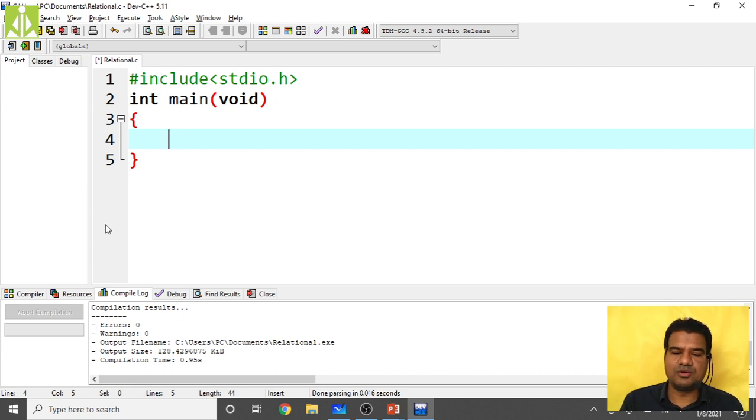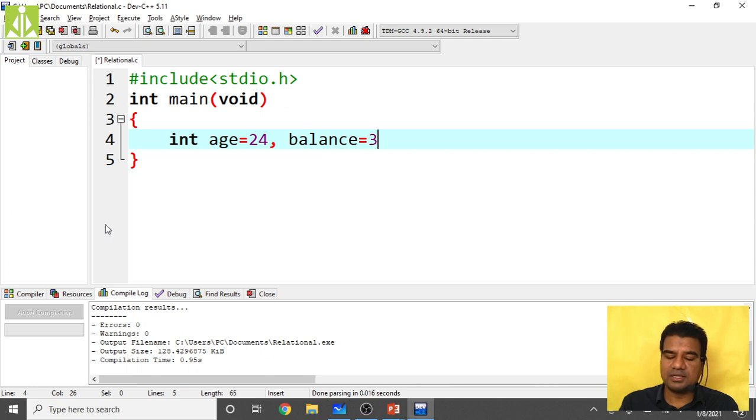Same thing I am taking, I am taking two variables, int age equals to some 24, then bank balance, or simply balance I am taking over here, balance equals to some 30,000.